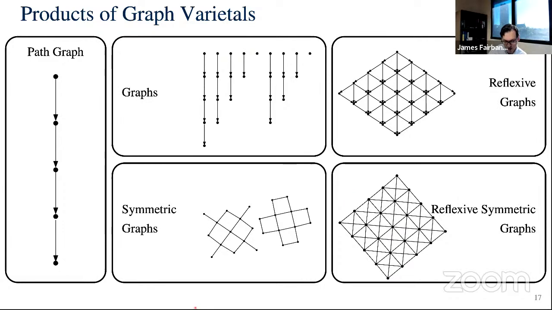So the way in which you can talk about the product of two graphs changes depending on the schema of graph that you're talking about. So here I've shown the product of the path graph with itself in each of these four schemas. So kind of, if you have an intuition like mine, you'd say that whatever the grid is, if I needed to give a definition of a grid, I would define it as the product of two paths. That should be the grid. And so in these different notions of schema, you get different notions of grid, which is interesting.